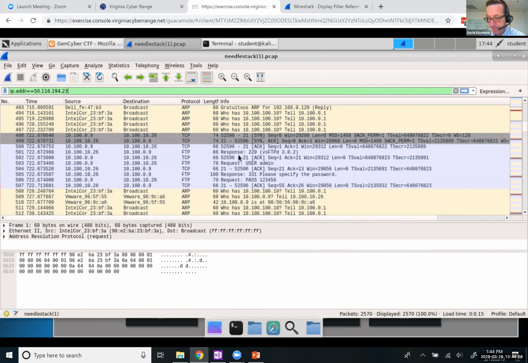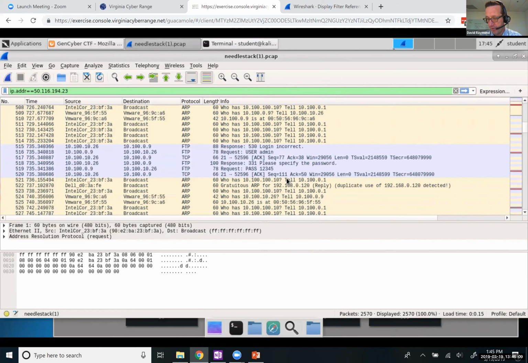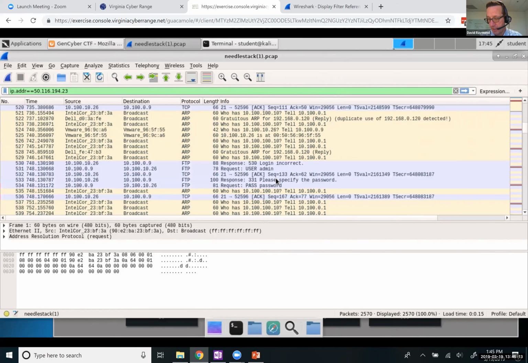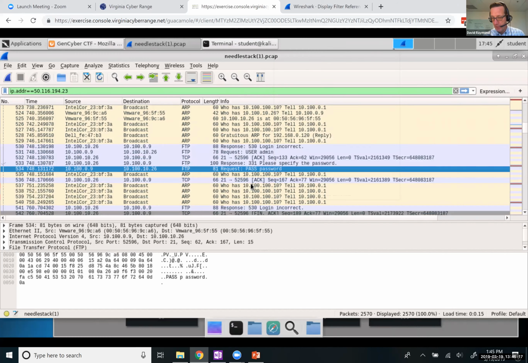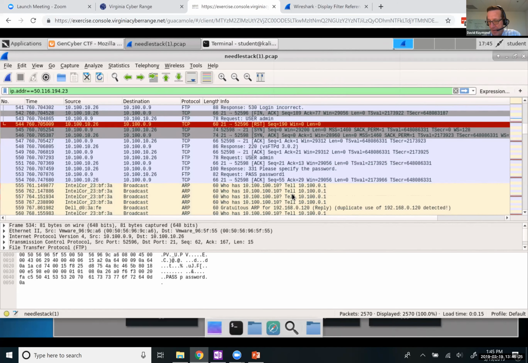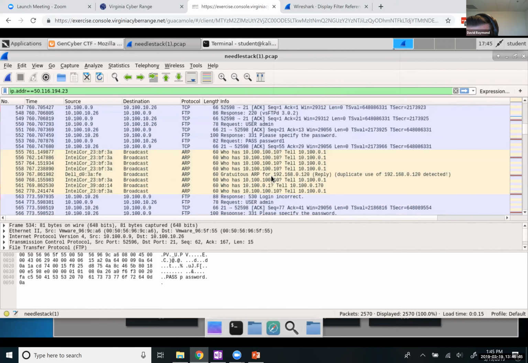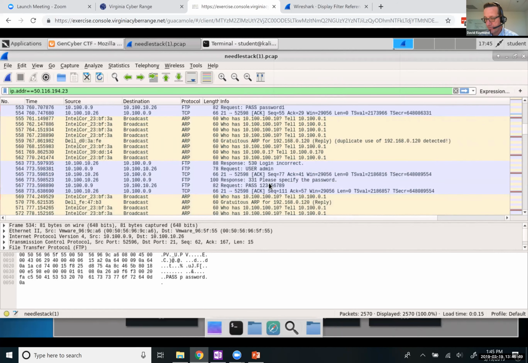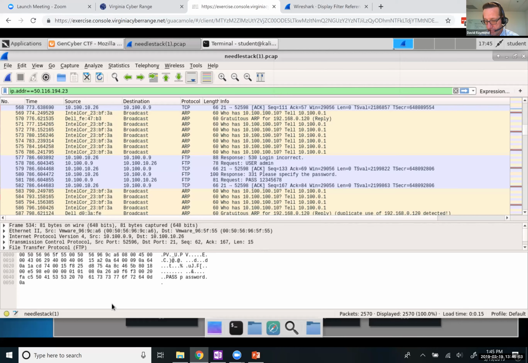Okay, another FTP. Here we have user admin. Password is 12346. Okay, and login incorrect. Failed login. Okay, user admin, password 12345, and this will be login incorrect. Yep. Okay, so what does this look like? This looks like a brute force, some sort of a password guessing attack against an FTP server. Looks like somebody's trying to log in as admin, so the system is asking for the username, getting the username admin, asking for the password. Please specify the password. They're putting in password 1. So this looks and smells to me like, so user admin, password 123456789, 123456778. So if I was to guess,